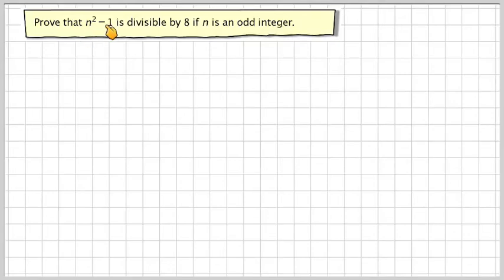Prove that n squared minus 1 is divisible by 8 if n is an odd integer. So if we let n be equal to 2m minus 1 for m being an integer, that ensures that n will be odd. If we take m is 1, for example, we're going to get 2 minus 1, which is 1. If we take m is 2, we're going to have 4 minus 1, which is 3, which is odd,